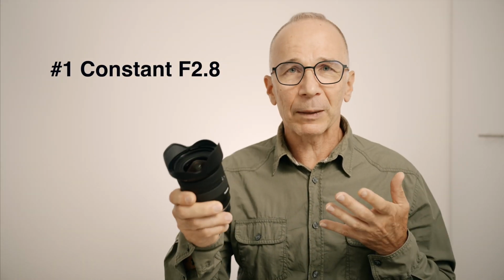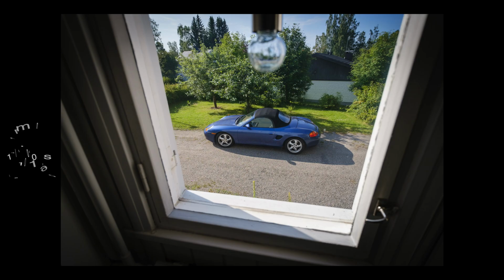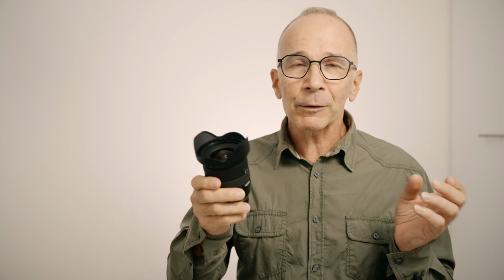The reason number 1 to want this lens for your Fuji camera is the constant f2.8 aperture throughout the whole zoom range from 11 to 20 millimeters. That equals roughly to about 16.5 to 30 millimeters in full frame terms. That may not sound like a great range or reach, but on a wide angle, just a few millimeters makes